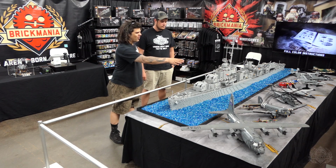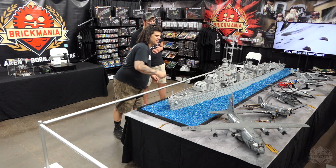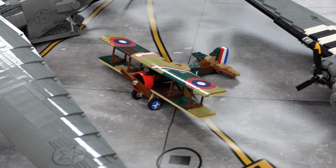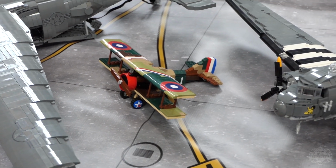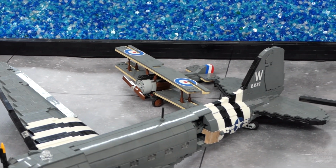We have some World War I planes tucked in here and there. The first one there is a SPAD, of course, in the famous Hat in the Ring Squadron. That particular plane would be Eddie Rickenbacker's plane, the number 1. In the back here, we have a British Sopwith Camel. In front is a